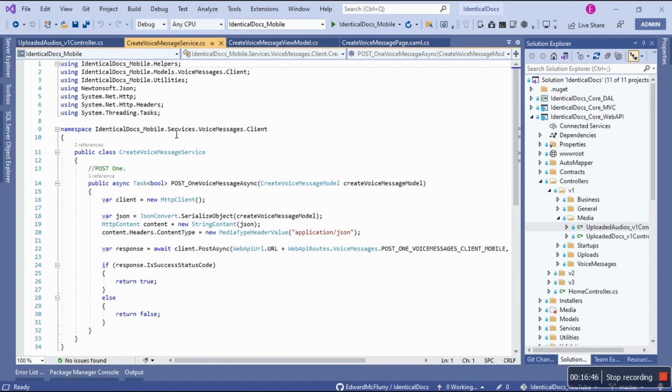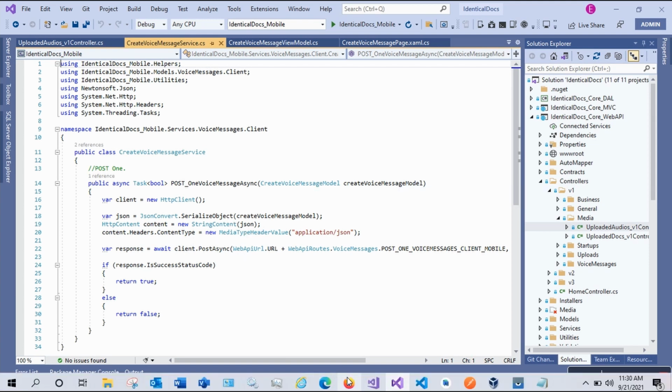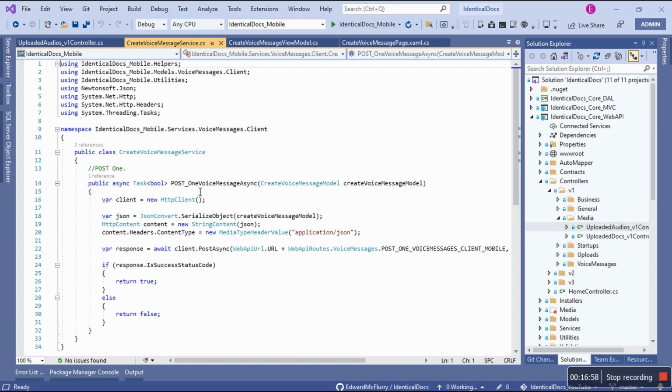and then the create, where we actually create the object, because it needs to be in a database, and I'll show this using Firefox portal logged in with administrator, how this looks like. Okay, so it's going to be a publicly exposed method asynchronously returning a task of type bool. That's the name of the method. It takes in this create voice message model, and then we looked at the model, right? It has only 4 properties, and then HTTP client,